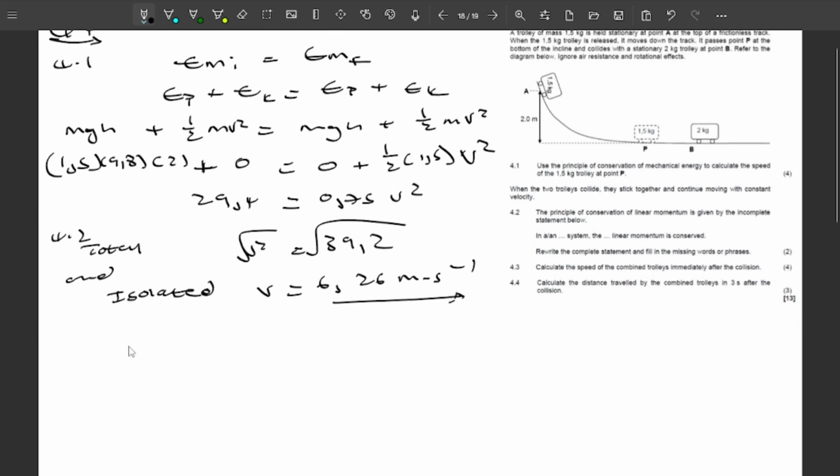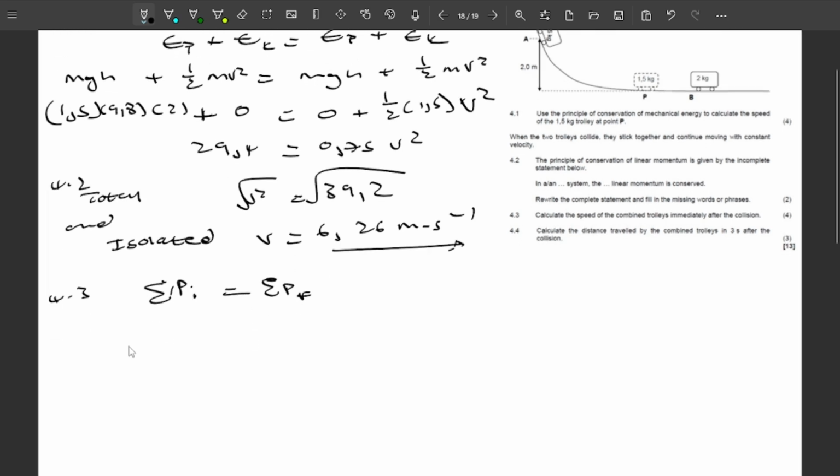Right, now moving to 4.3. Now they say to us, calculate the speed of the combined trolleys immediately after the collision. Right, so they want us to find the speed of the two trolleys after they collide. So we're going to use the conservation of linear momentum. Like I always say, the examiner is romantic. If he or she asks you to define something before, you're going to apply it in the next question. So the sum of momentum before is equal to the sum of momentum after, of which then you're going to say